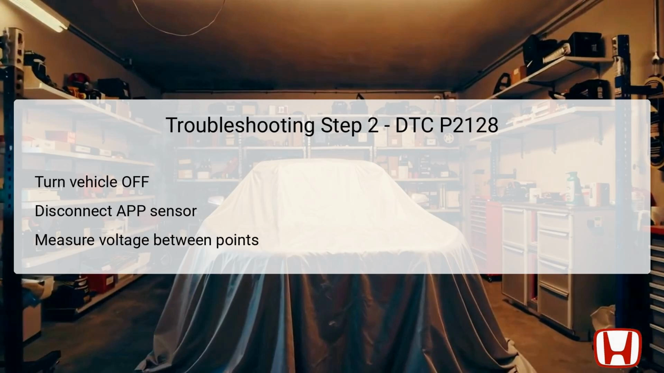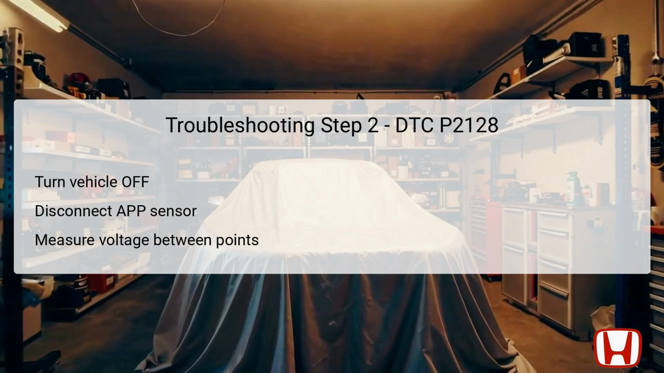In this second troubleshooting step, start by ensuring the vehicle is turned off, setting it to the lock mode. Once the vehicle is powered down, disconnect the APP sensor's 6P connector, which is essential for isolating the sensor from the system. Then, turn the vehicle back to the on mode with the connector still disconnected. At this point,